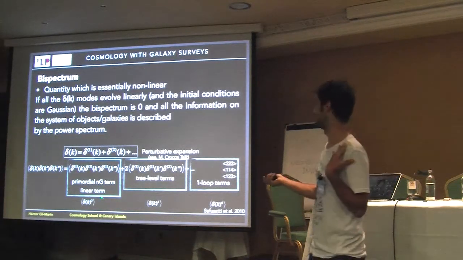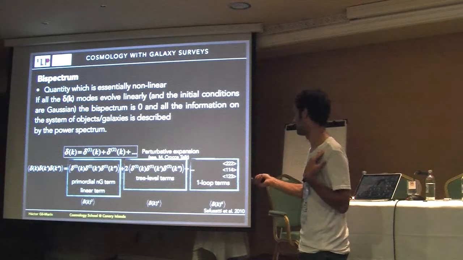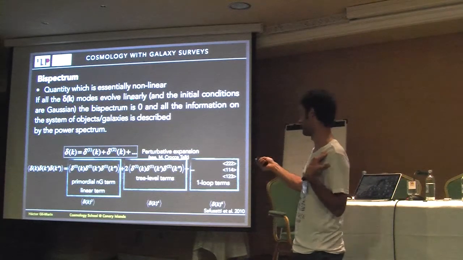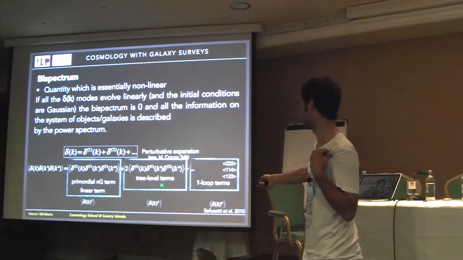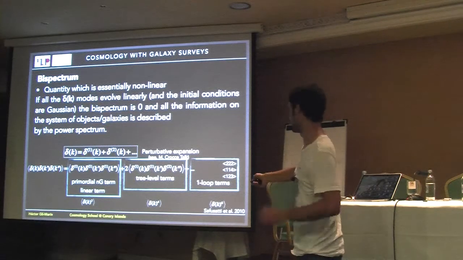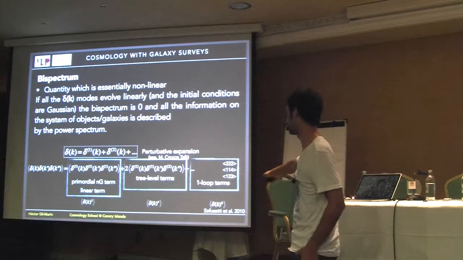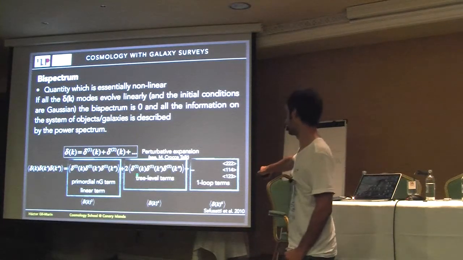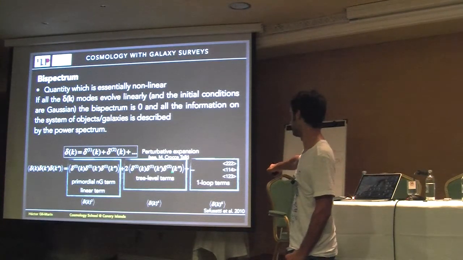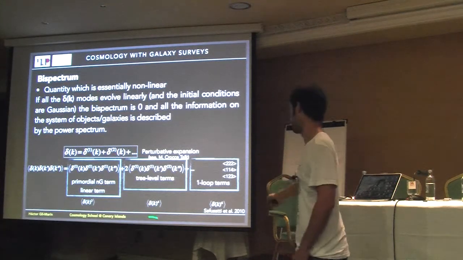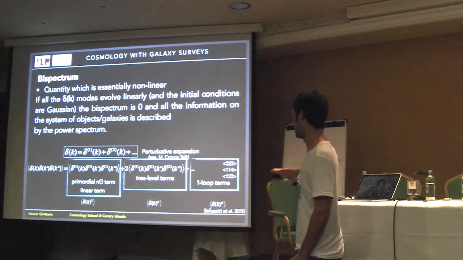That was the term that you would think would dominate, but it doesn't, because it's actually 0, or it's very close to 0. So the first non-null term, which is called the tree-level term, is actually the coupling between this linear and the first non-linear term, which is delta to the fourth. So this is non-zero because delta to the fourth is